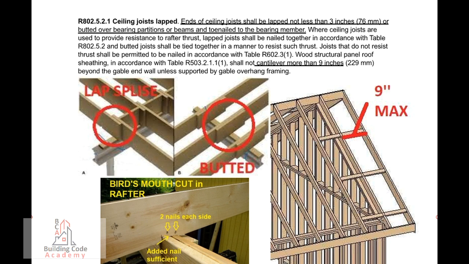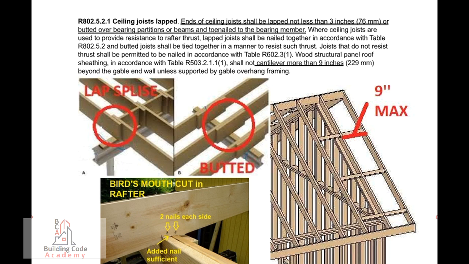R802.5.2.1 Ceiling joists lapped. Ends of ceiling joists shall be lapped not less than 3 inches, 76 mm, or butted over bearing partitions or beams and toe-nailed to the bearing member. Where ceiling joists are used to provide resistance to rafter thrust, lapped joists shall be nailed together in accordance with Table R802.5.2, and butted joists shall be tied together in a manner to resist such thrust. Joists that do not resist thrust shall be permitted to be nailed in accordance with Table